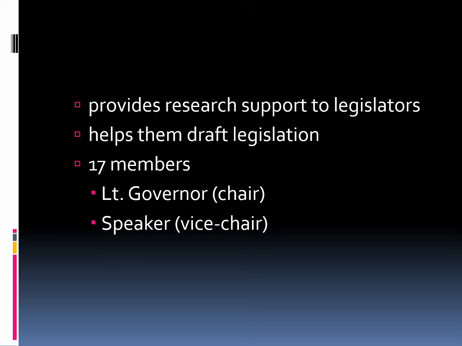So he vetoed it. As it stands right now, there is no piece of legislation that will regulate texting and driving outside the different city limits. Corpus Christi does have an ordinance that says you cannot text while you drive on city streets. But anyway, this one, look at this, has 17 members, with the lieutenant governor as chair and the Speaker of the House as the vice chair.